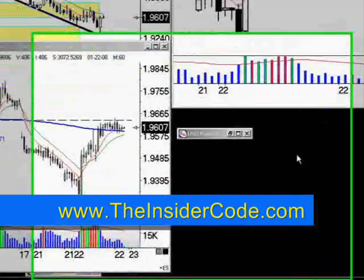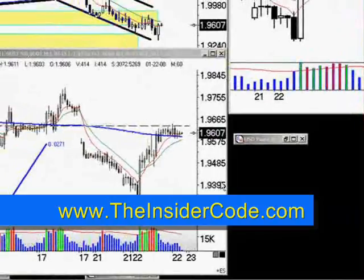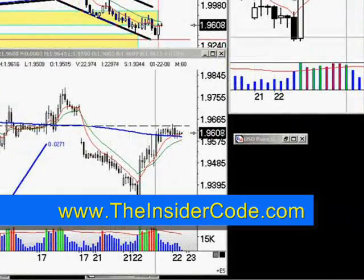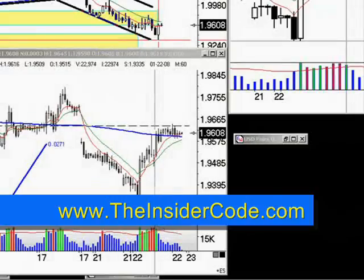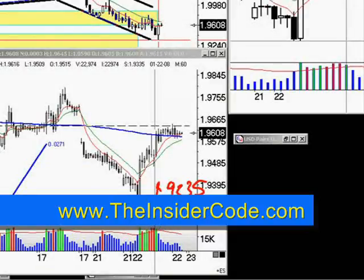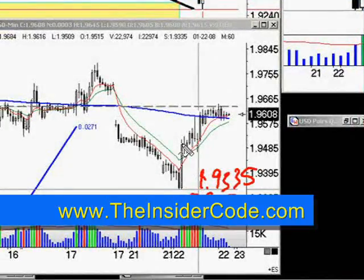Okay, everyone, it is 5 after 9 on Tuesday, January 22nd, and we're looking at the British pound here. You can see that there was a massive jump in the British pound. The market bottomed out about 1.9335, just above my target from yesterday, if you remember, which is 93.15. And the market started to reverse fairly early in the session, which I found interesting because later on we